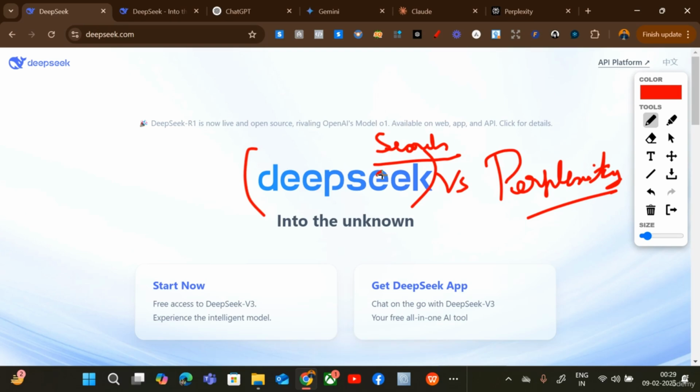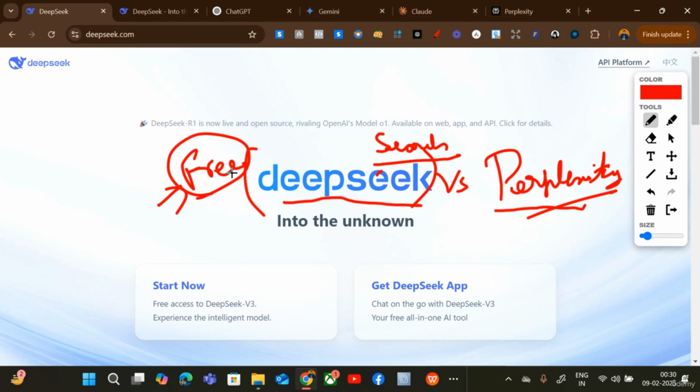But whatever features you're getting in DeepSeek, almost all of them you're getting in Perplexity, ChatGPT or Gemini. But here, DeepSeek is free of cost. That is the main thing: if you want to shift from other LLM models to DeepSeek, then it's a great opportunity. And we are going to discuss more why it is important or necessary to shift to DeepSeek if you're someone who is using paid versions of ChatGPT, Gemini, Claude,